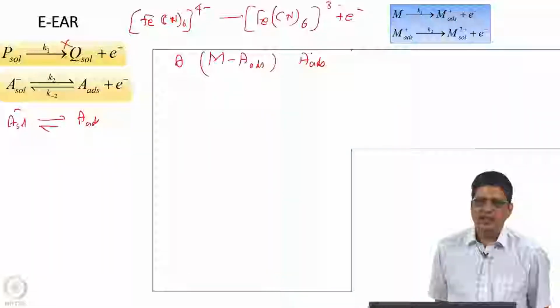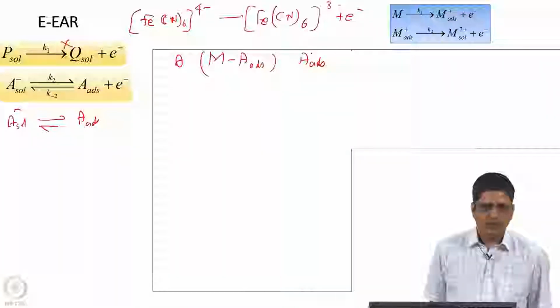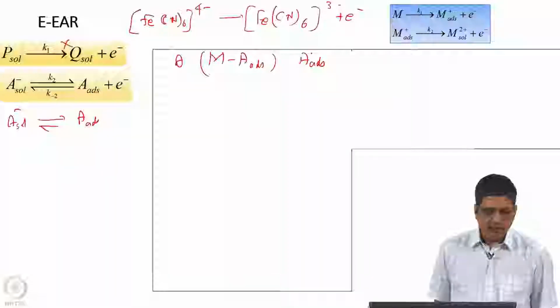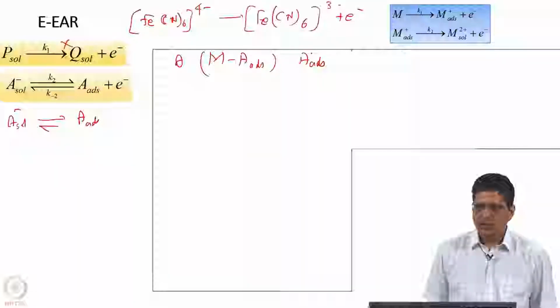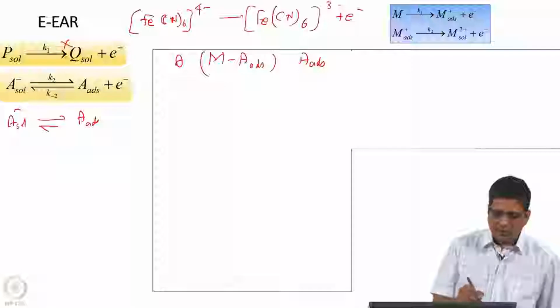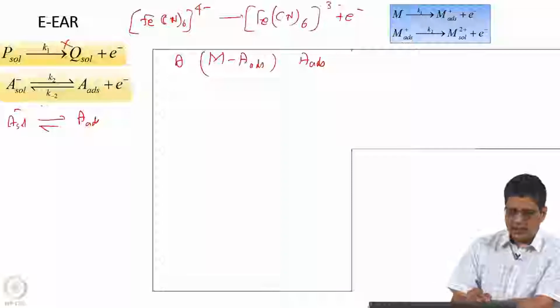What happens when the first reaction proceeds? Does it alter the formation, or does it create or deplete A adsorbed? A adsorbed is not even there. So, the first reaction does not contribute to the formation of theta. The second reaction, the forward reaction, creates A adsorbed. The reverse reaction removes A adsorbed. Correct. So, if I want to say what is the rate of the forward reaction in the second reaction, this is K 2, this is K minus 2.